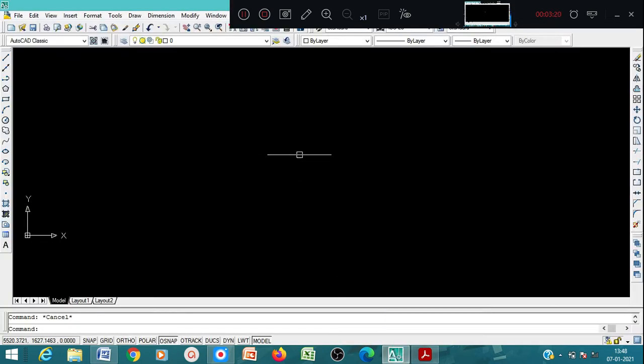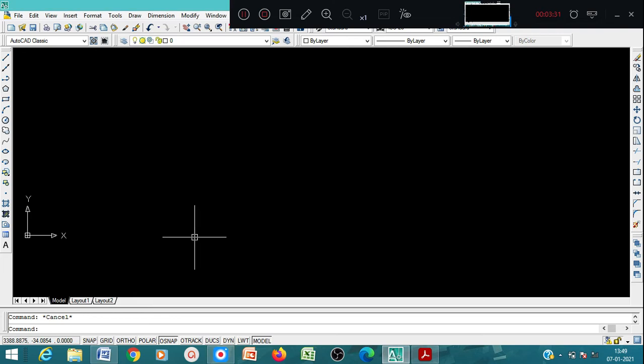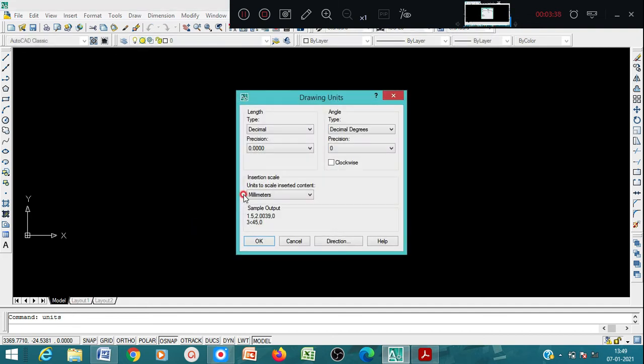First, you have to fix the units and limits. Type units and press enter. In this window, if you want to work in millimeters, keep the type as decimal and the precision as 0.